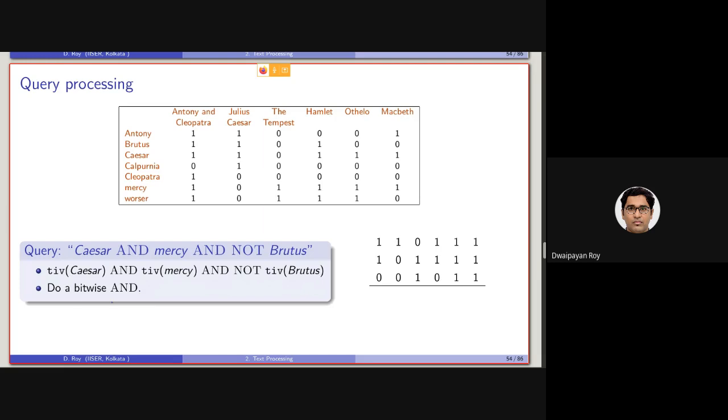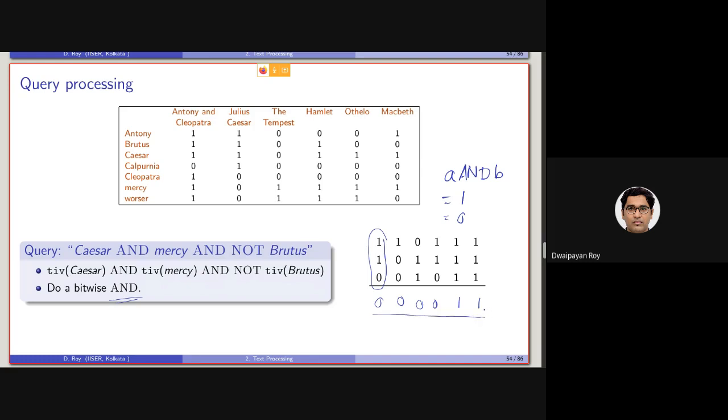Then we will be performing a bitwise AND. AND means if both A and B are 1, the result will be 1, and it will be 0 if either of them is 0. So after performing a bitwise AND, this will be 0 because 1 AND 0 is 0. This is also 0. This is also 0. This is also 0. But this is 1 as all of them are 1, and this is 1 as all of them are 1. So this will be the resultant,